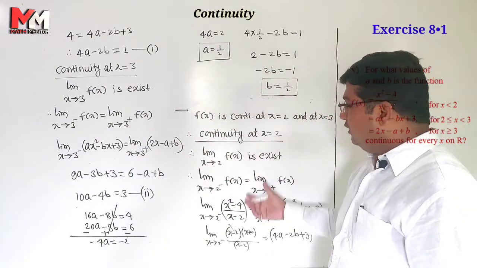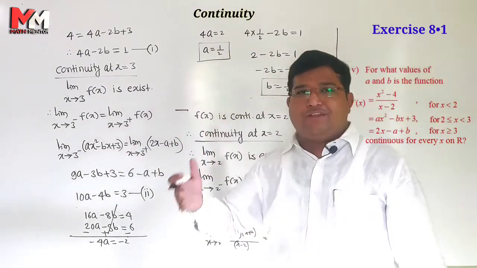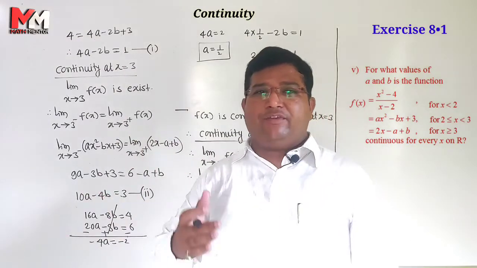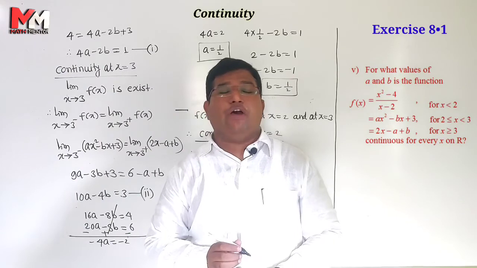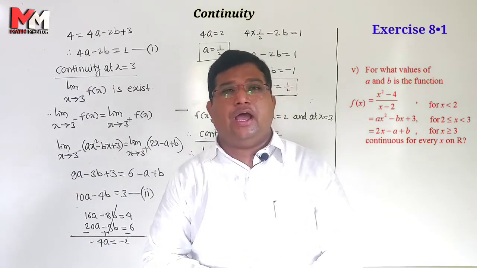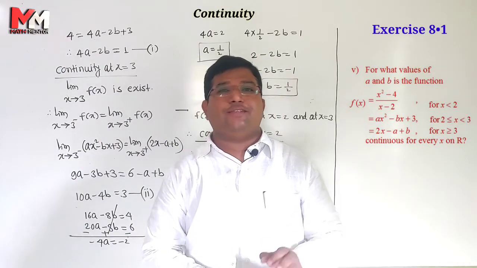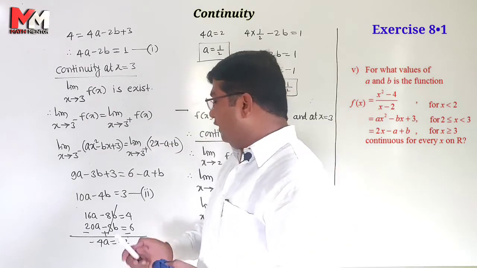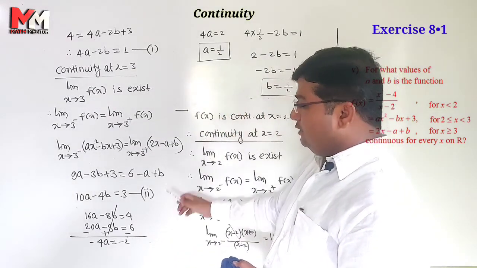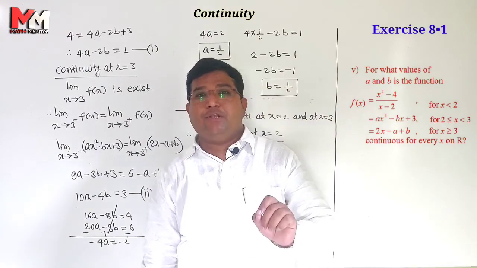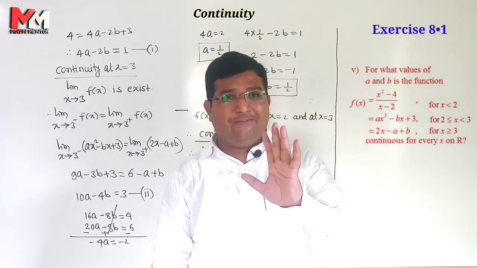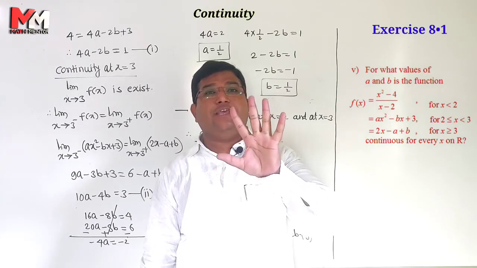Most important is what? This process. Left hand limit is equal to right hand limit, and left hand limit is equal to right hand limit for 2 and 3. Okay. So these are the values of a and b. Okay. I hope you understand the solution of example number 5 also. ये calculation आपको check करना है लास्ट एग्जाम्पल का. Okay. So this is the completion of question number 11. सिर्फ 11 एक ही एग्जाम्पल लिया, but उसमें 5 एग्जाम्पल्स थे.